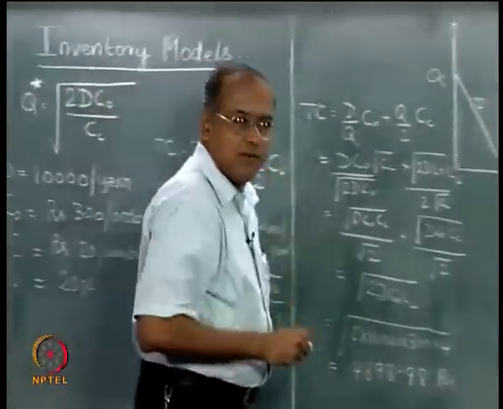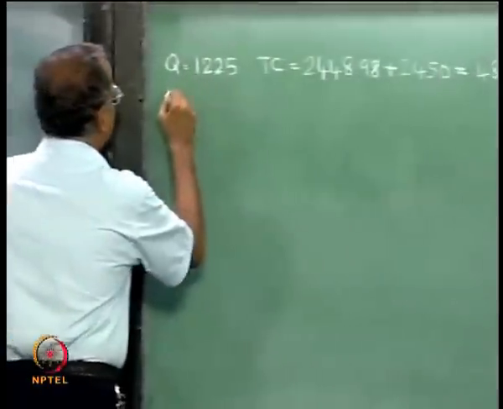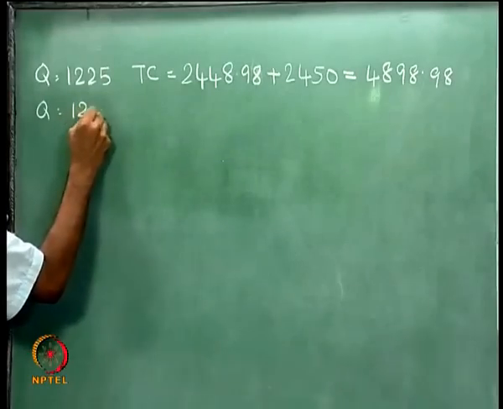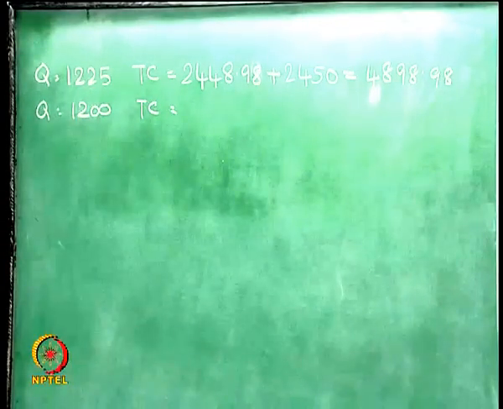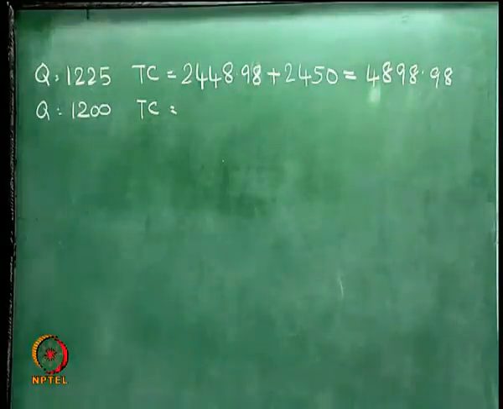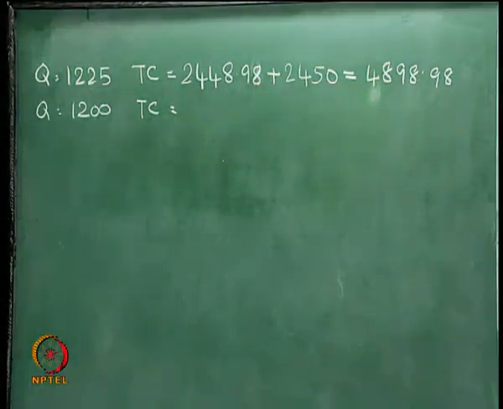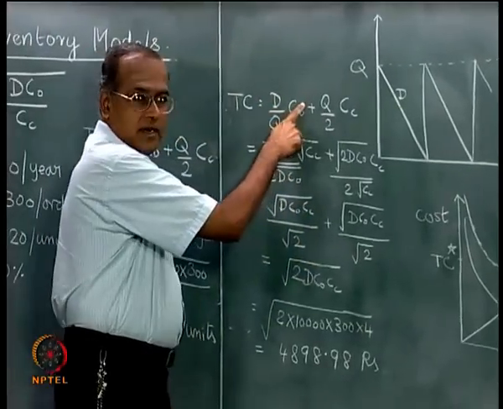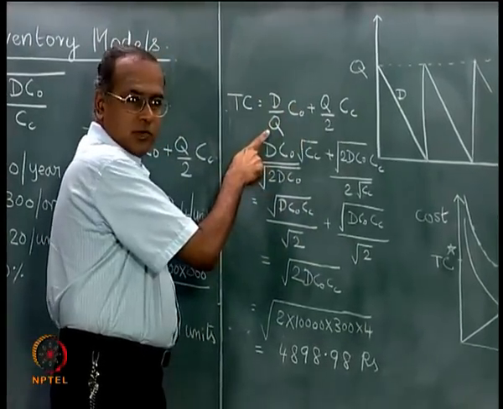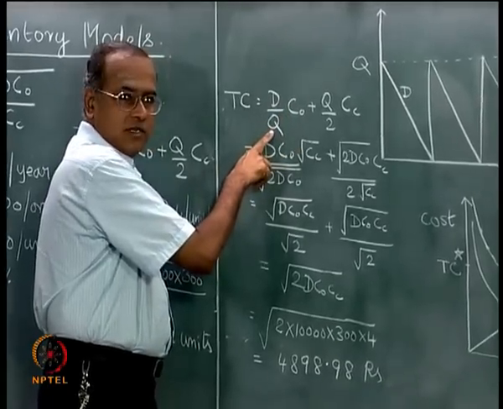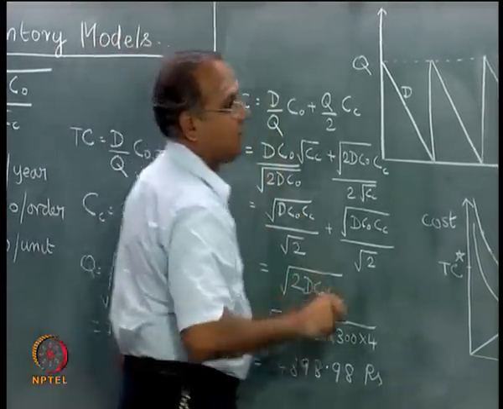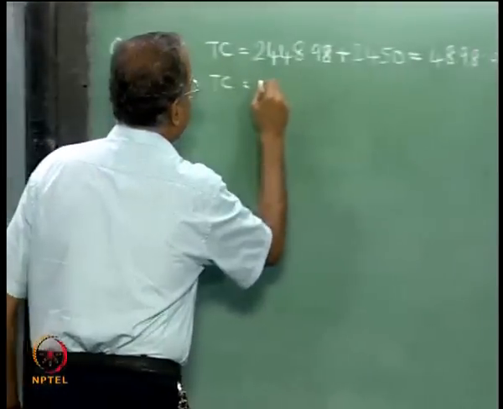So let us try and evaluate the TC for q equal to 1200. Now TC will become 10,000 into 300 divided by 1200. So 300 by 1200 is 1 by 4, so 10,000 by 4 is 2500